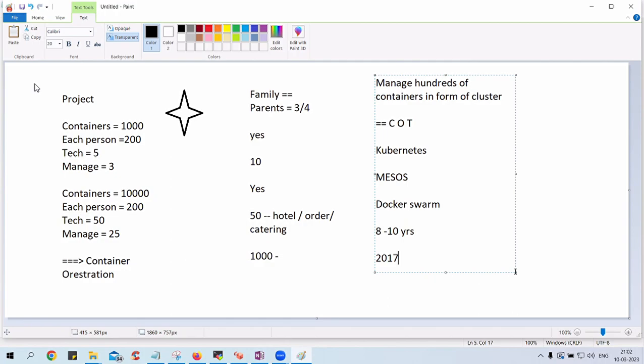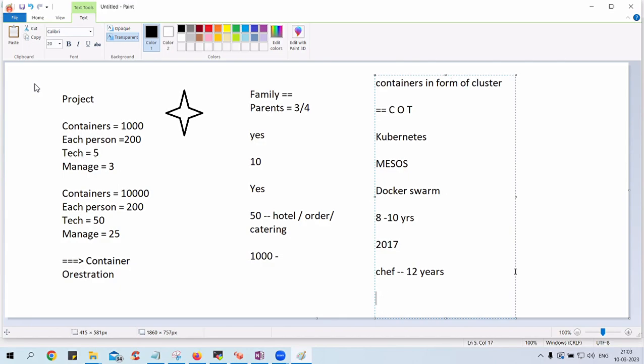Now, one more nice joke which I saw in my life when I was taking interviews. One guy came for a Chef interview and he claimed almost 12 years of experience. I did not say anything, because Chef came in which year, guys? Chef came in 2013. That's it. I didn't ask any question.